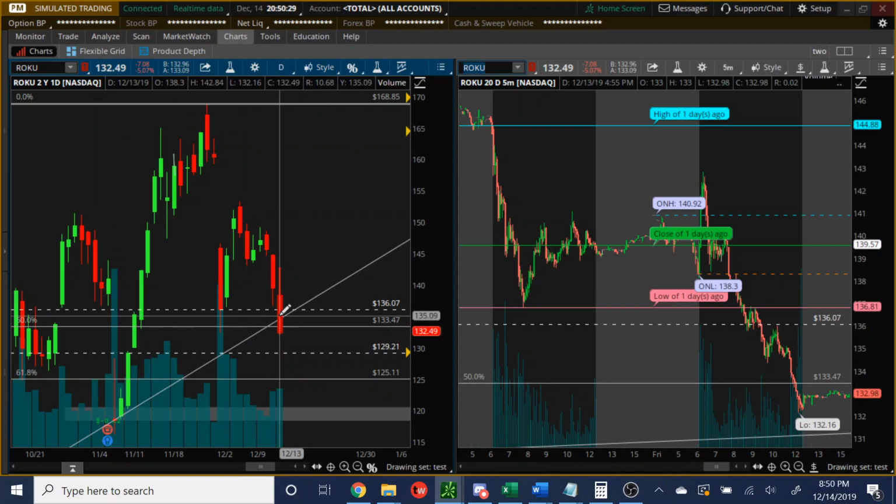So the next day is a prime day to be looking for intraday breakouts, and you don't have to guess. You can wait and see what happens, play it intraday, but you can already have the one day of breaking out, and you can expect that volatility will most likely increase. Right, so we can see Roku did have a little fake out in the morning. And if you happen to take that,